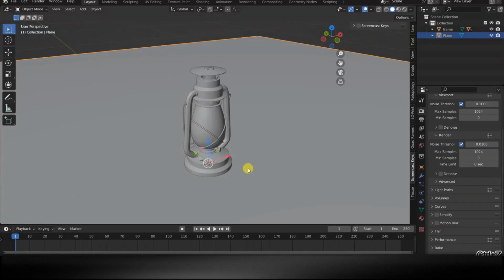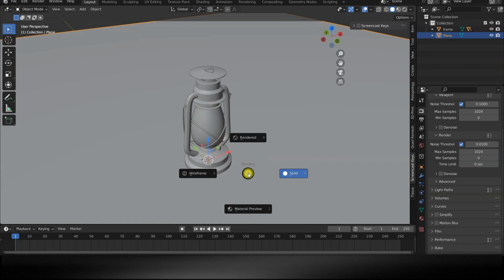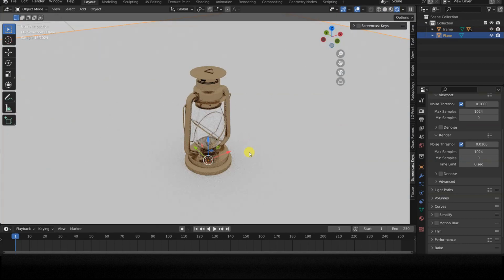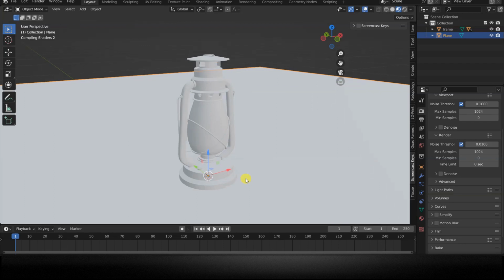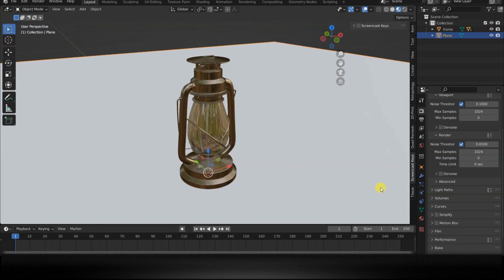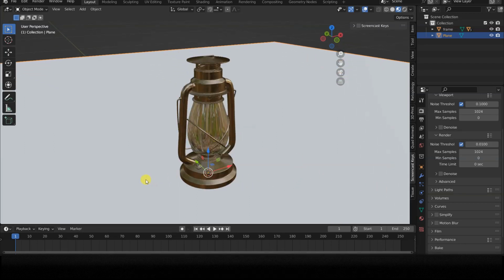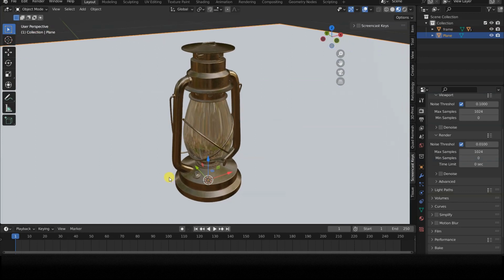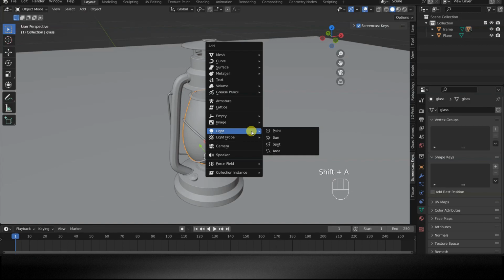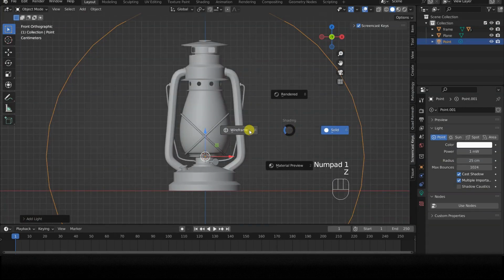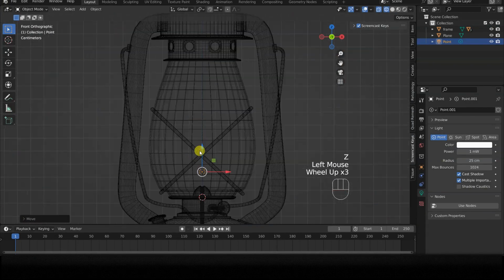I imported the model into an empty Blender scene, where I then inserted a plane on which to place the lamp. This will make the rendering more interesting, as we will see the light projected onto the surface of the plane. I insert a point light source inside the glass container, setting the intensity of the light source to 1 watt to do a test.